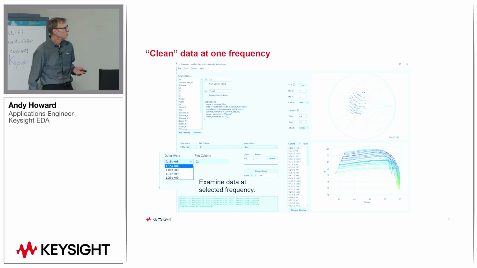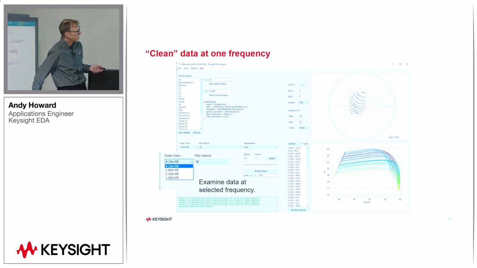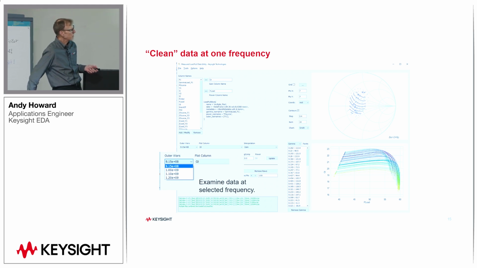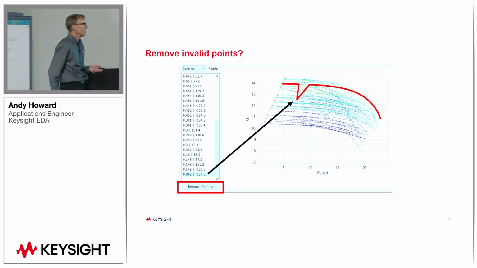This is not meant to be a replacement for looking at measured data using the ADS data display, but it's a way to quickly examine the data and see whether it looks valid or not, or whether there are any points that should be excluded. And this looks clean. I'm not seeing any problems with it, so there's no reason to exclude points from it. But sometimes you have data that looks like this,